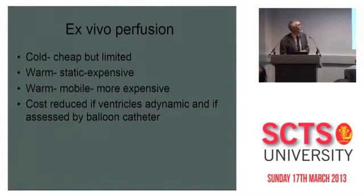So ex-vivo perfusion, the cold obviously is the cheapest, the warm is expensive, and if it's mobile it's even more expensive. The cost is reduced if the ventricles are adynamic, and if the ventricles function is assessed by a balloon catheter, and that's